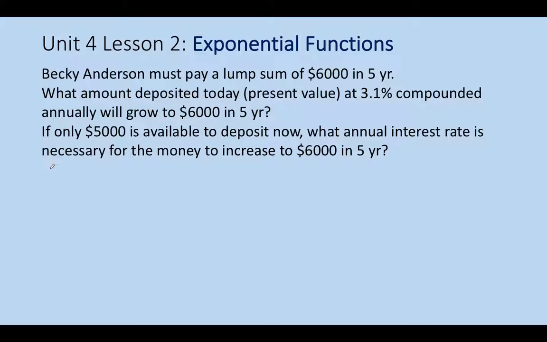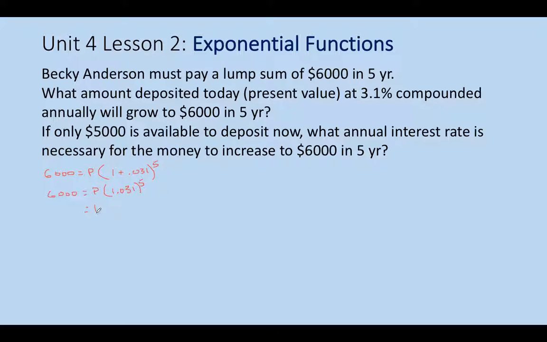Well, she wants that future value to be $6,000. We want to know how much she's originally investing, so that's going to be our variable. And we got 1 plus, and then this is just compounded annually, so it's not quarterly like the last one, so we'll just say 0.031, and then 5 years, so to the 5. Well, let's see, this all kind of boils down to, we got 6,000 equals P, and then this would be 1.031 to the 5th,